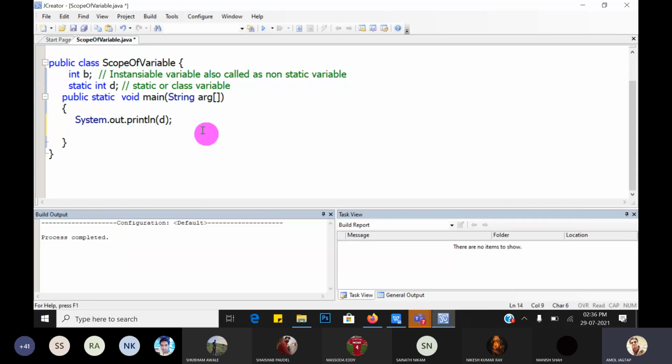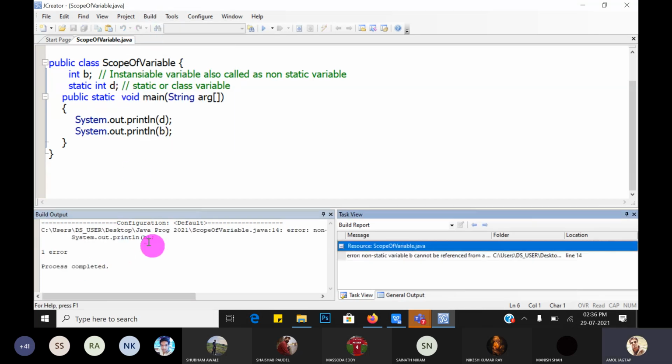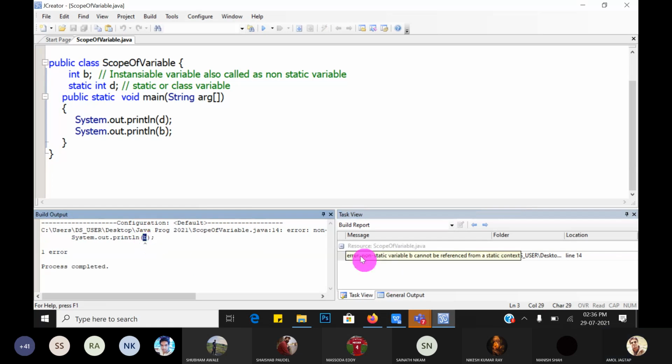If it is b, System.out.println of b, which is an instantiable variable, here it gives you a compiler error. Let's check. Okay, in this line: non-static variable b cannot be referenced from a static context.